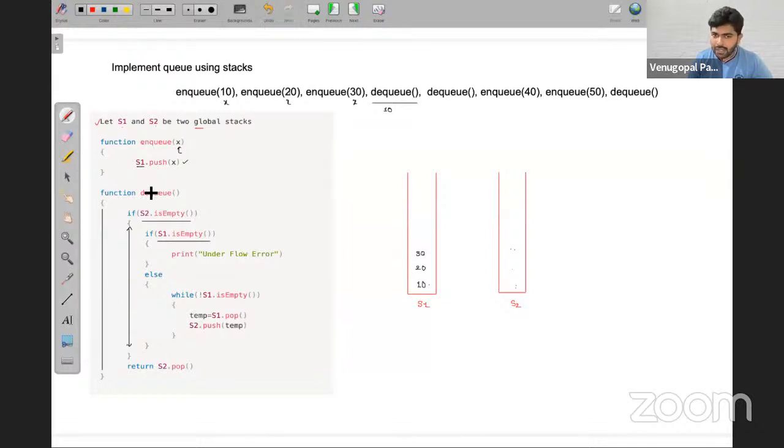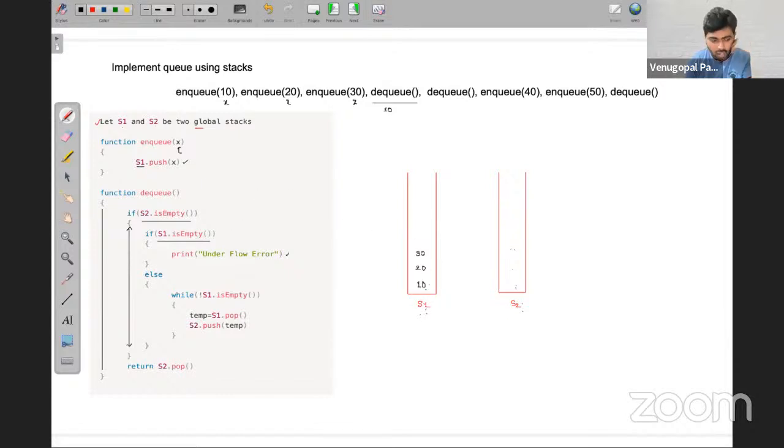You are applying a DQ operation with no elements in the queue. If S2 is empty and S1 is also empty, there is nothing to delete, so you should return an underflow error.